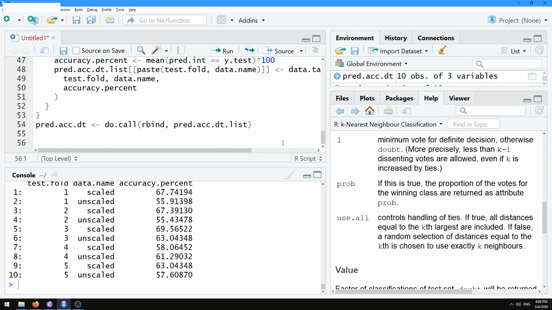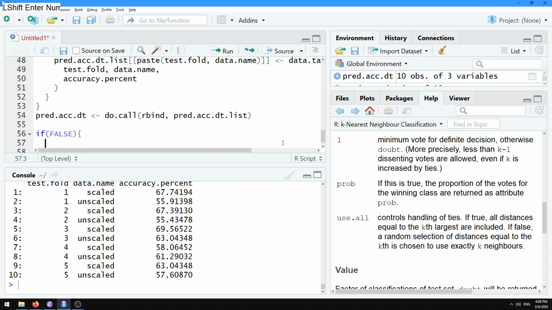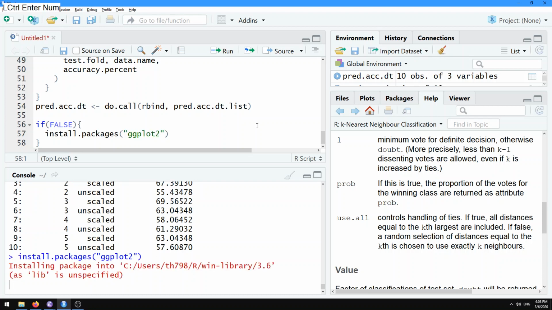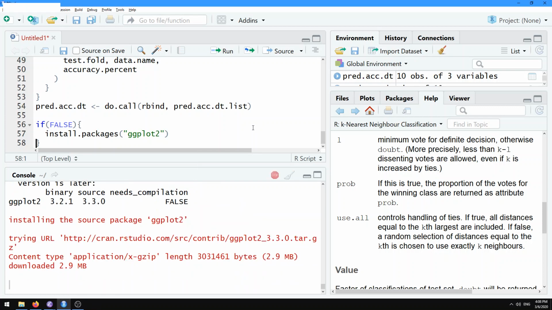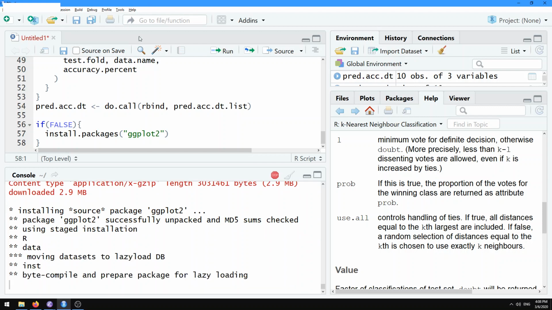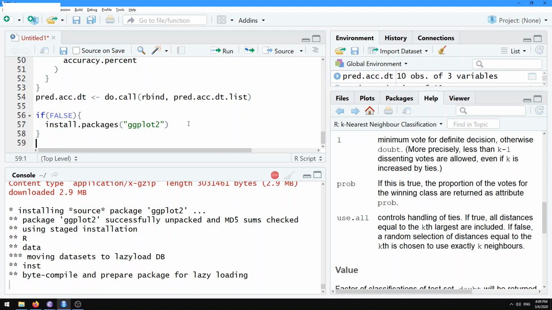Again, here I'm going to put that inside of an if false because we don't want to execute this every time. But here I'm going to put install.packages ggplot2. Install packages means download the most recent version of the package called ggplot2 from the central R package repository and install it on my local machine. So that's what it's doing right now. You can do that to get the most recent version of that package. And then after that,